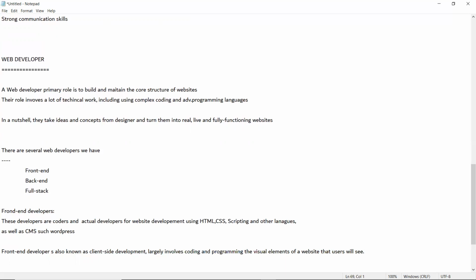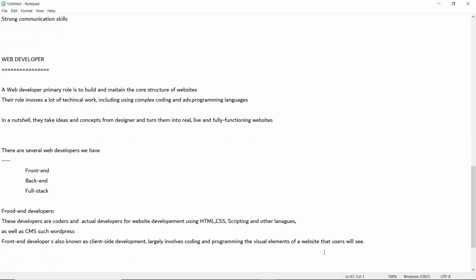So there is a fair amount of overlap and collaboration between front end developers and web designers. Basically, when you talk about front-end developers, these are the main developers who are going to visualize the elements using some programming aspects. So for the UI, they are going to build it using programming languages such as HTML and CSS, some scripting, and other programming languages. And coming to the back-end developers,